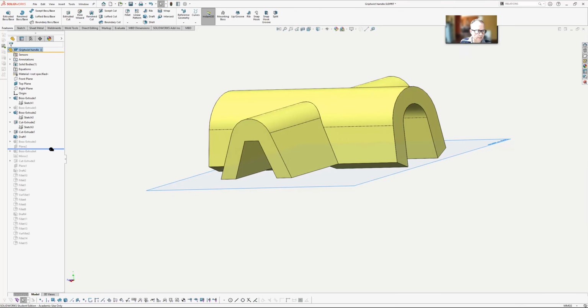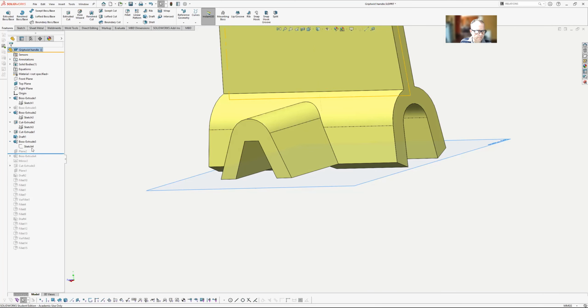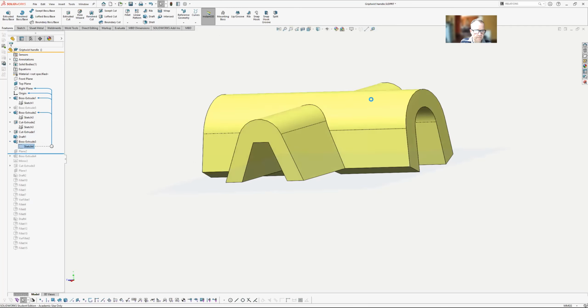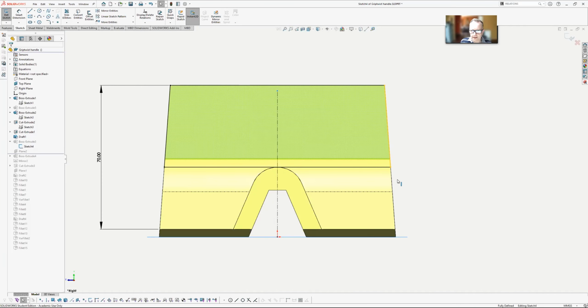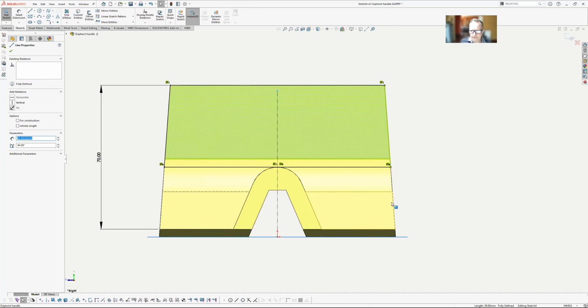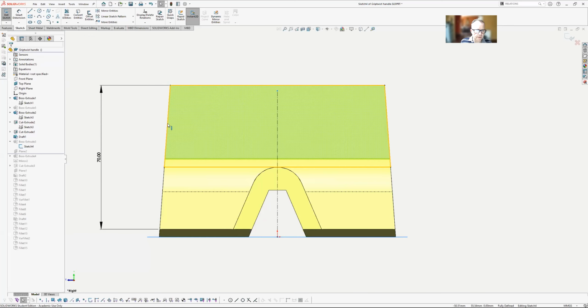And then the last thing, I think the last two things I did, I created this sketch in which I lined that line up with any one of these. So you'll see that that line is in fact,